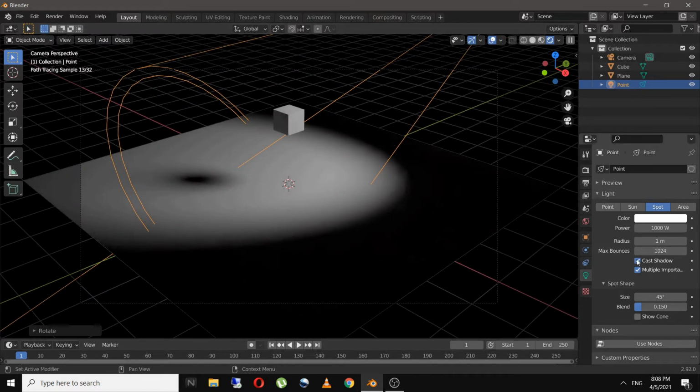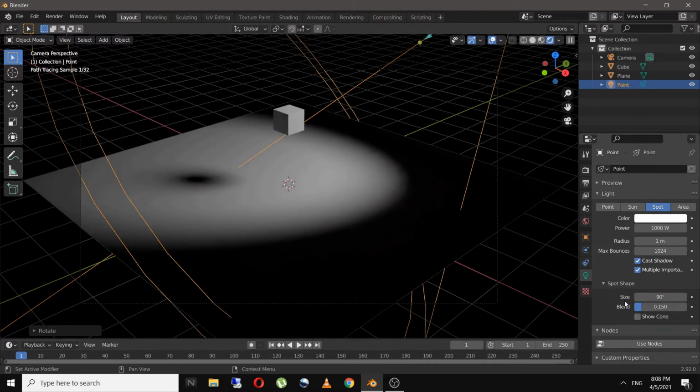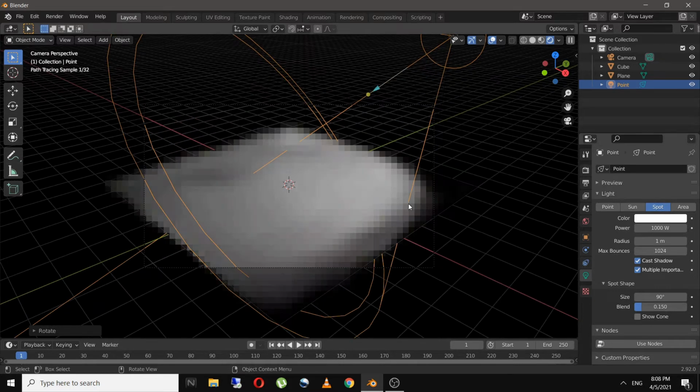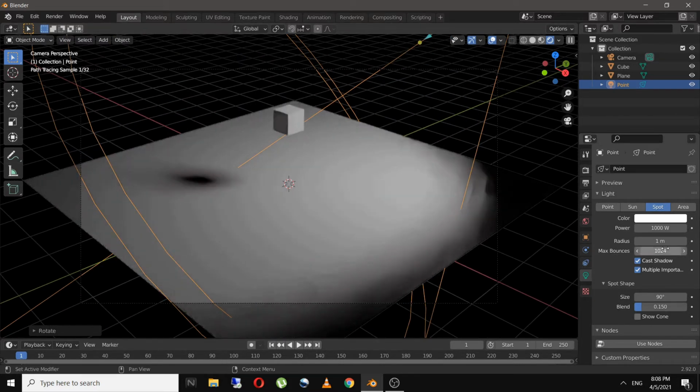And you can enable and disable the shadows over here as well. And if you increase the size of the spot to maybe 90, you will see the light reflecting on the area is much bigger. So let's change it back to 45.